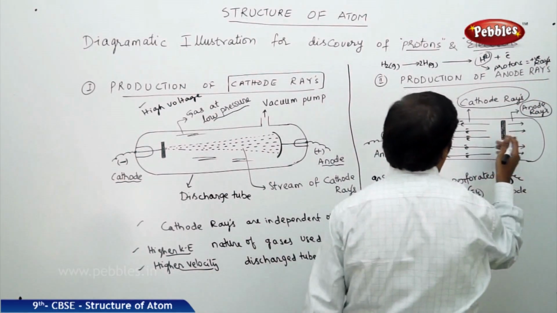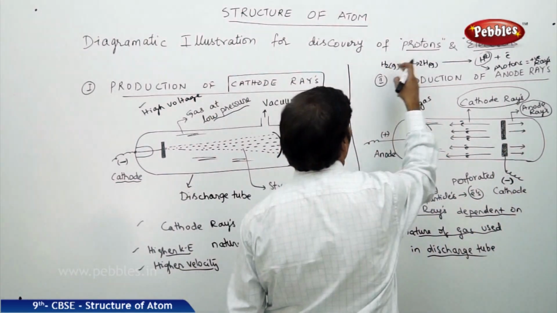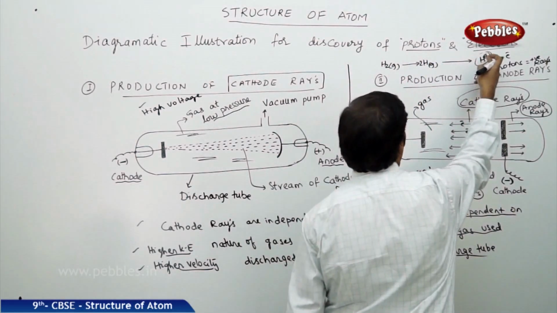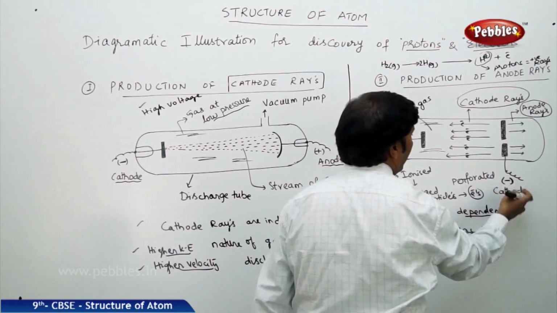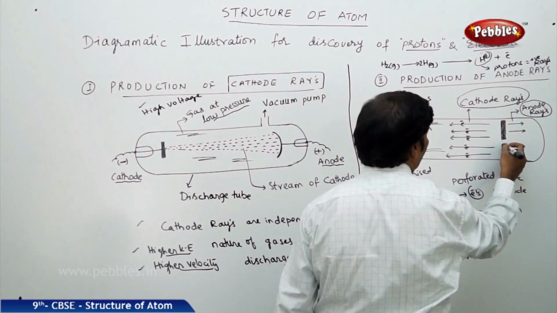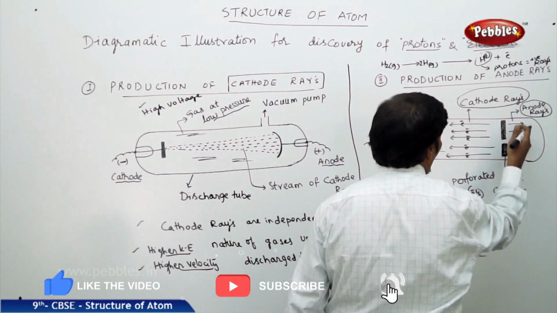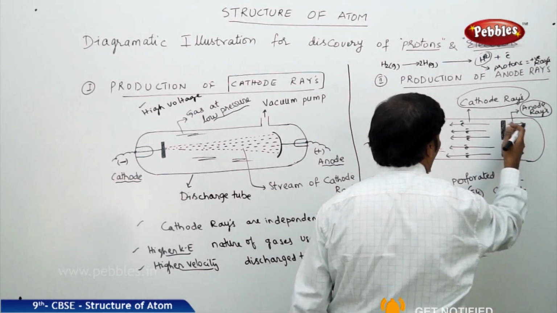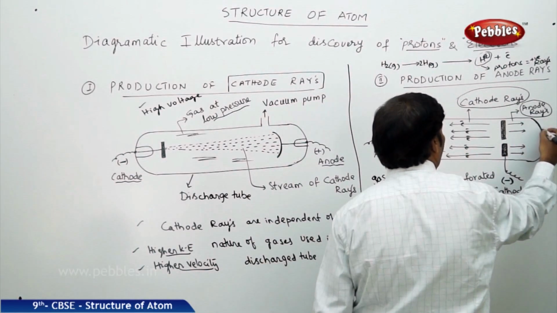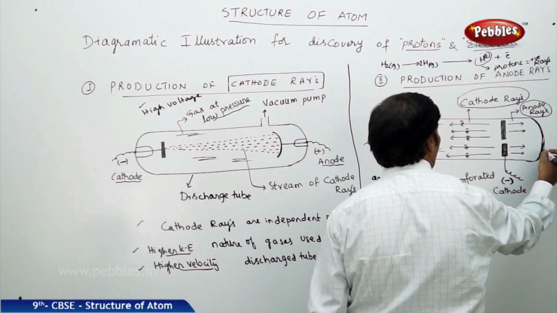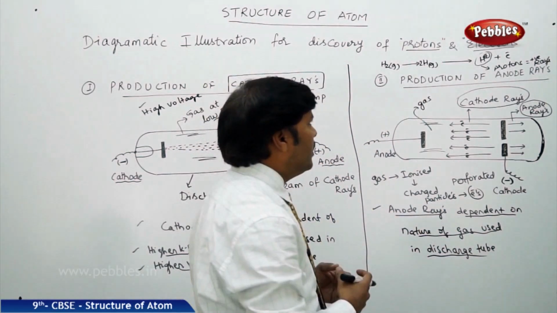Obviously, the ions formed because of ionization, where molecules are broken into atoms and atoms are ionized to positively charged particles, become the positive rays. These positive rays migrate towards the cathode electrode. You can see that this cathode is perforated, so through the gaps all the canal rays, or positive rays, move beyond the cathode, where we place a photographic plate to trace all the positive rays obtained during the production of anode rays using the discharge tube.